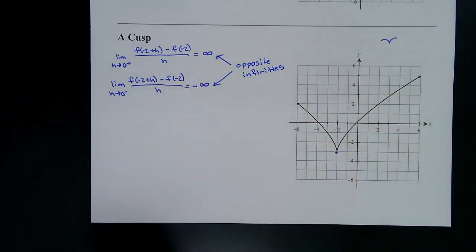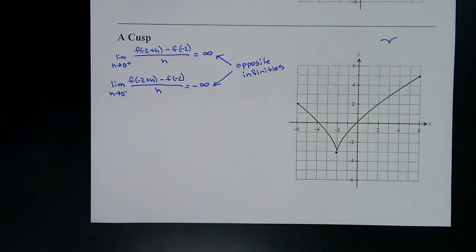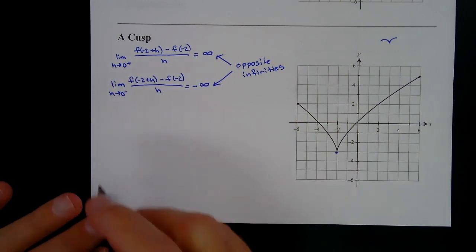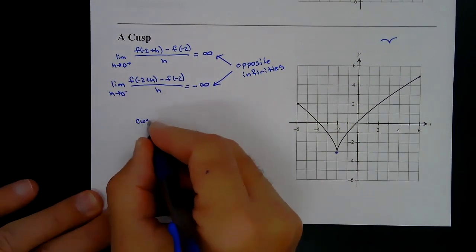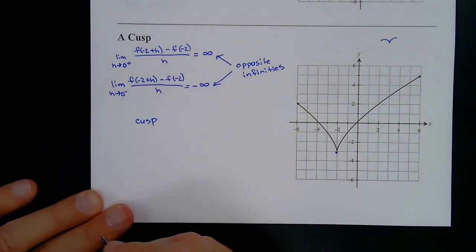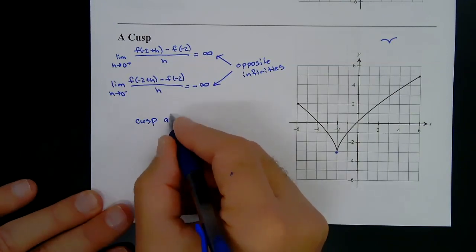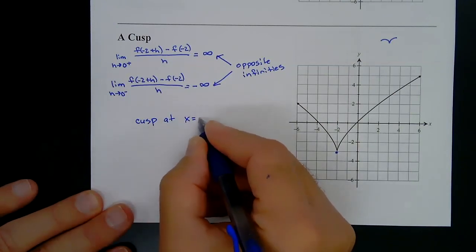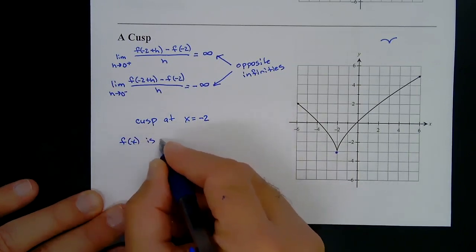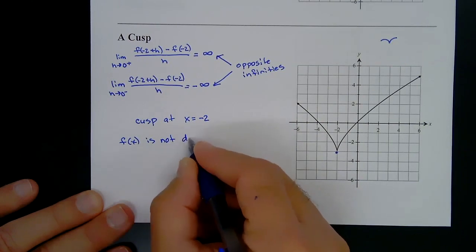So what will happen, and this is how you know it's going to be a cusp, is if one of the one-sided derivatives comes out to be positive infinity and the other one-sided derivative comes out to be negative infinity. When that happens, you know you have a cusp, okay? All right, so after we do all the work to show that one's infinity and one's negative infinity, we would show that there's a cusp at x equals -2, and we would say f of x is not differentiable